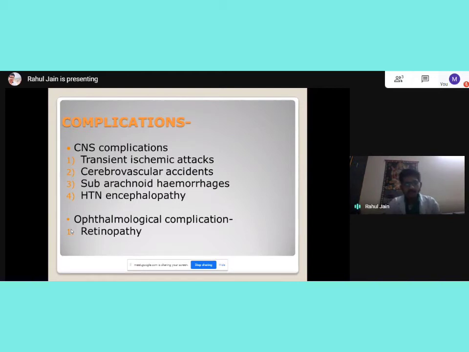That can also be a complication of hypertension. Then in eyes, hypertension causes retinopathy. In the eye, it is graded using Keith-Wagner grading. And just for knowledge purposes, the common signs associated with hypertensive retinopathy seen in the retina are AV nicking of vessels, copper wire appearance, flame-shaped hemorrhages, and the Salus sign, Gunn sign, and bonnet sign.